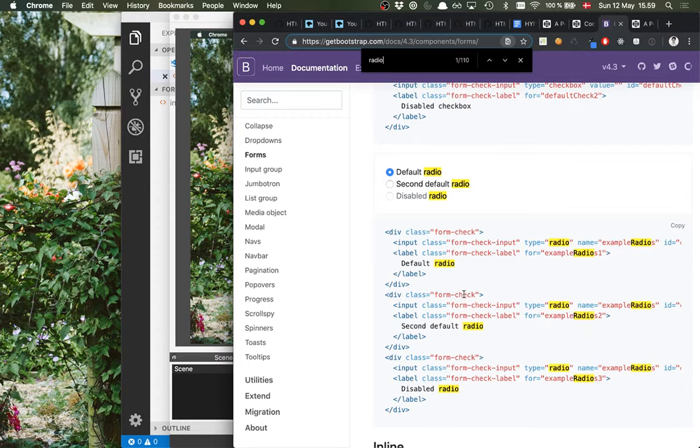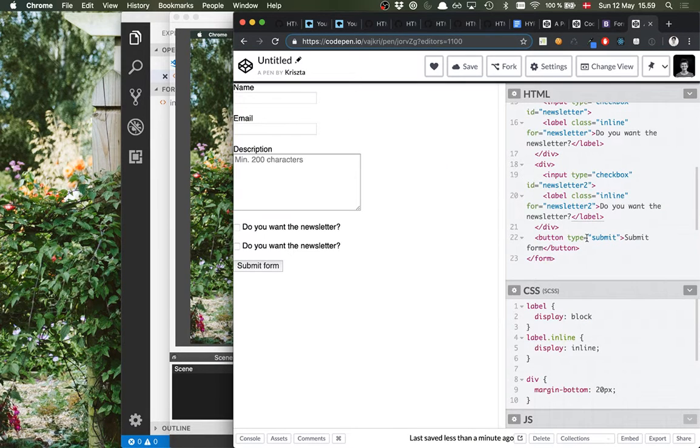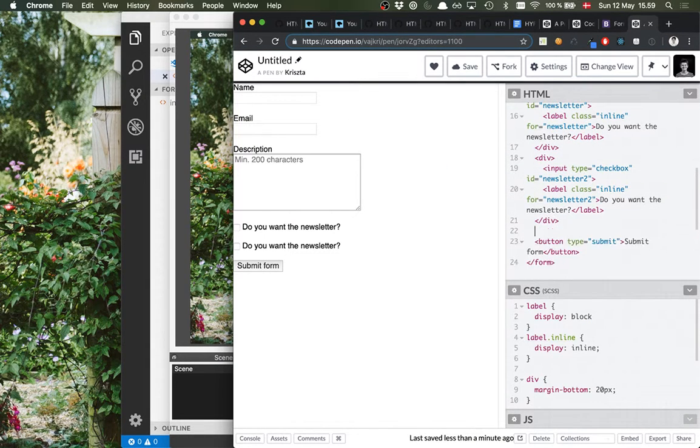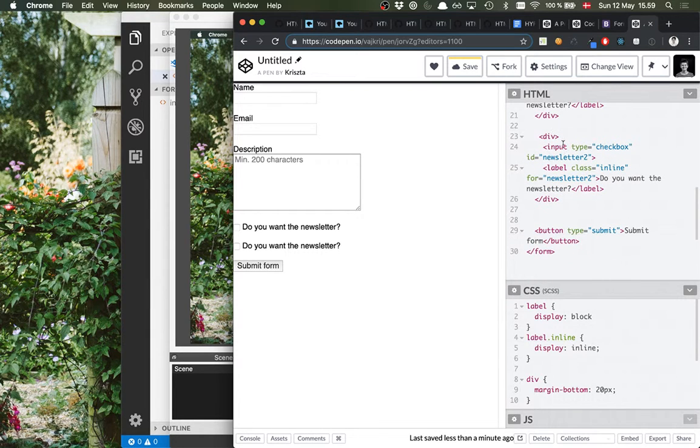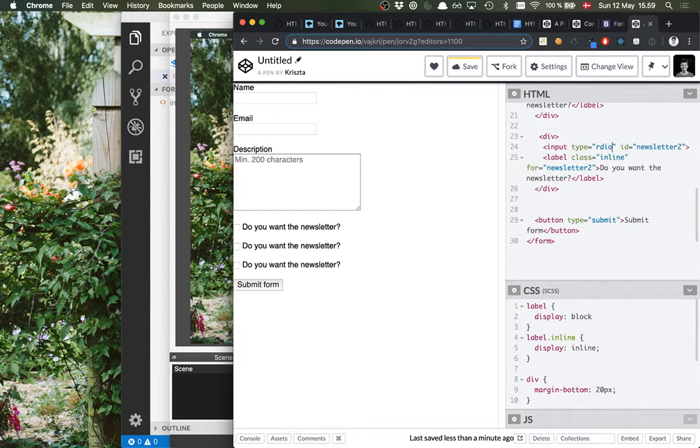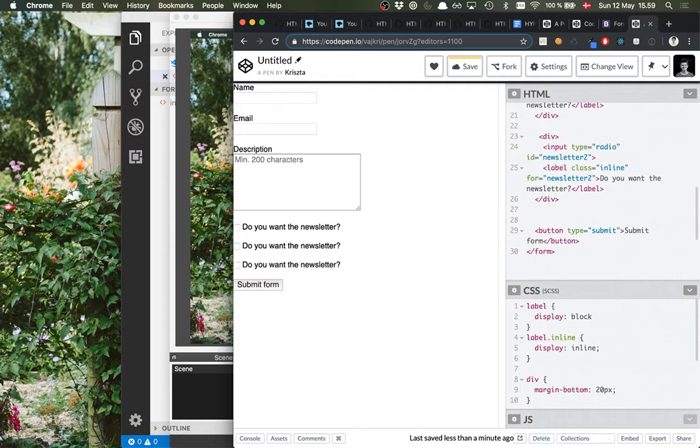So the difference between radio buttons and checkboxes, HTML-wise, is in how you create them. Let's say we create one with type radio. The type is called radio. We're just going to say radio example. That's going to be the ID. And we say